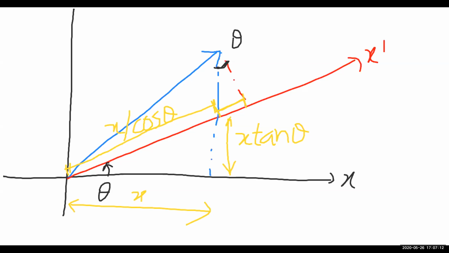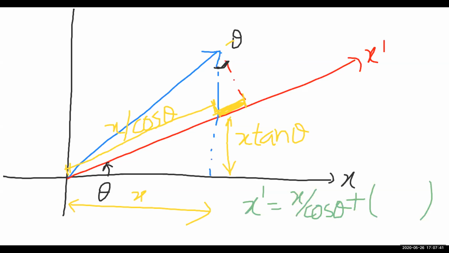Then how can I figure out what this yellow line is? All I need to do is figure out this yellow line and add it to x by cos theta. That will give me x dash. So x dash is equal to x upon cosine theta plus something which I don't know, right? What I do know